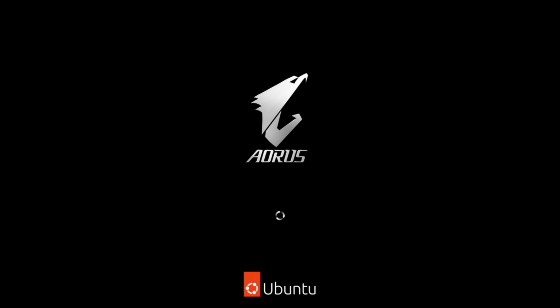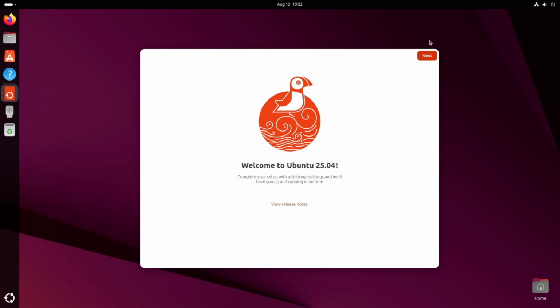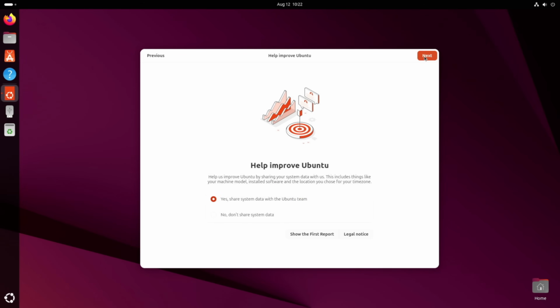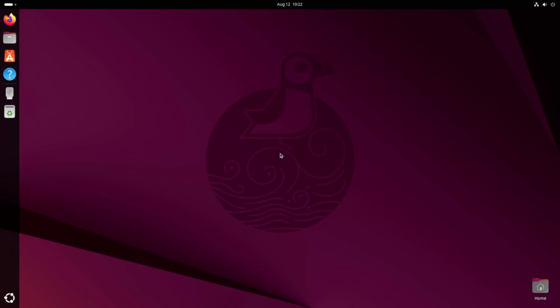After our restart, we get a welcome screen, much like Mint and Manjaro, except this one is a couple more pages. If you're using this PC for personal use and you are installing this for privacy reasons, you definitely want to opt out of this. I do appreciate that they've given us the option, and I also appreciate that they're probably not pulling a Windows and stealing all of that data, regardless of which option we picked in the menu anyway. Then we get a notice for the App Center and we're done. Or are we? Let's go to our settings.